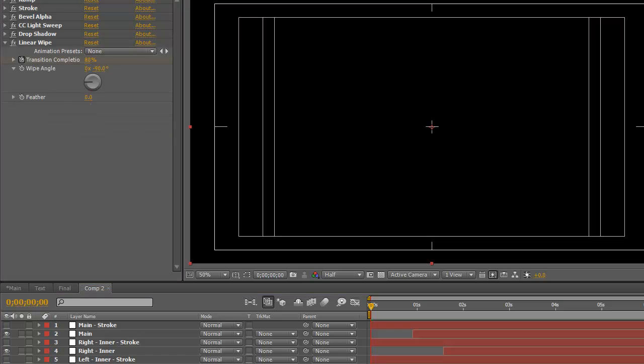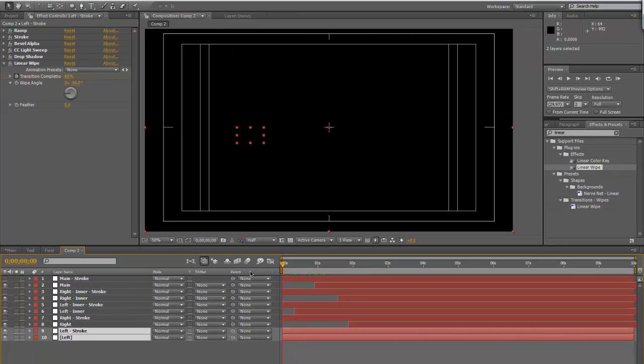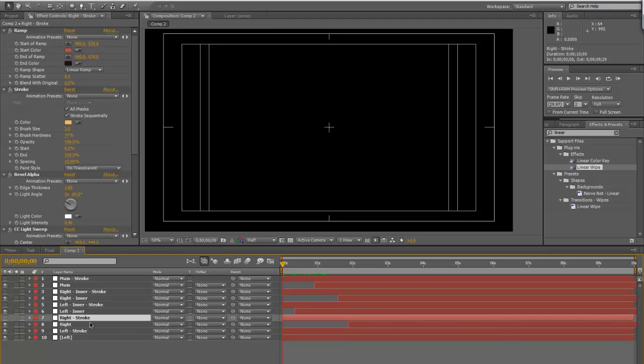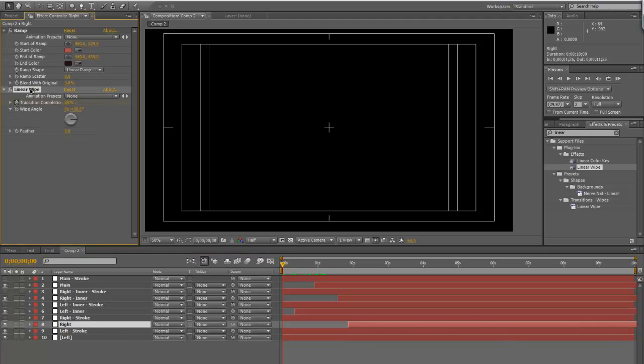So as you can see, hit U, the keyframes are in the same place. They're going to animate on at exactly the same time. Now we're going to do that for all of these. So this right here, we're going to go ahead and copy that linear wipe, hit copy, go to the stroke,